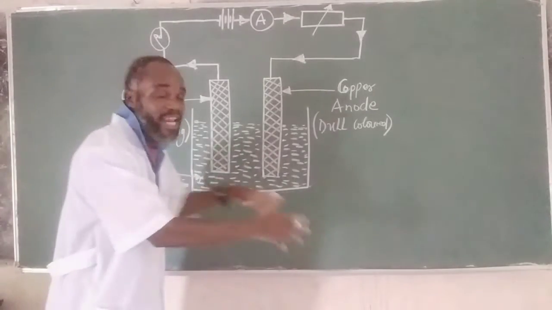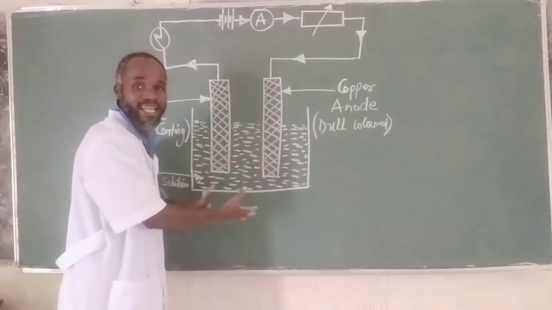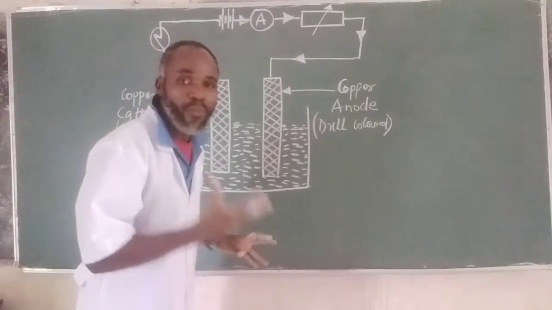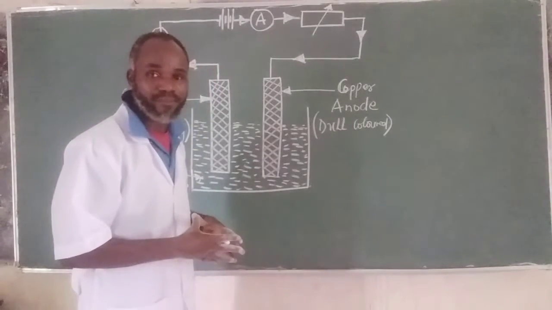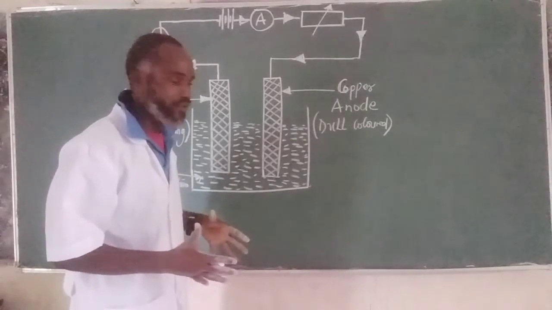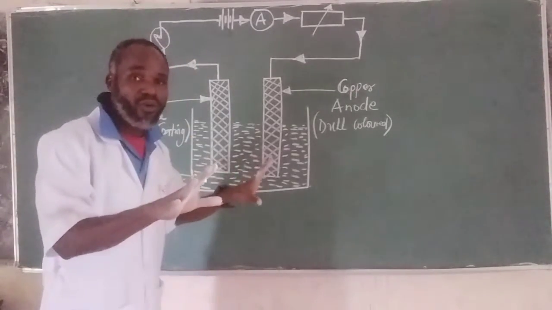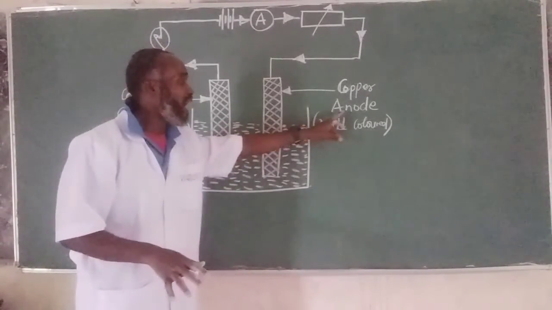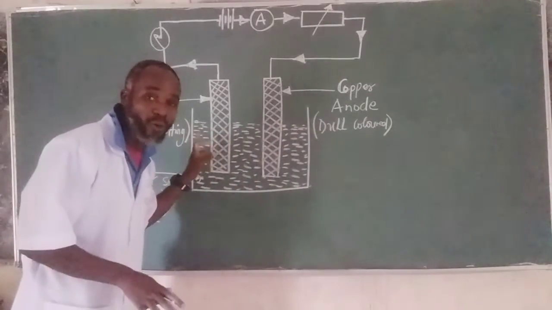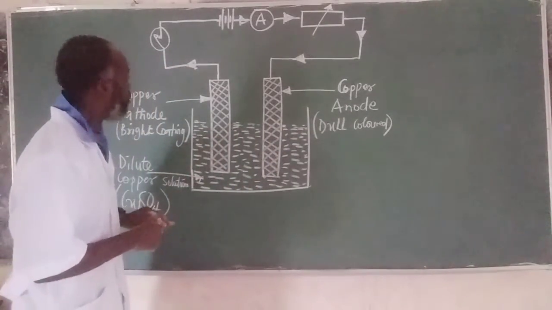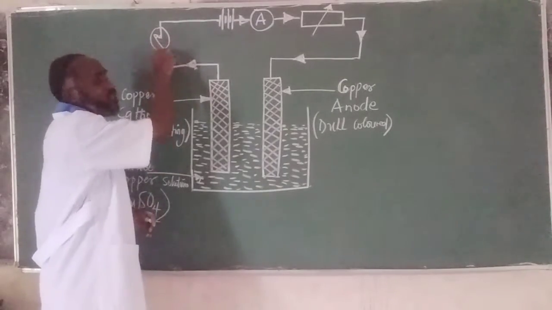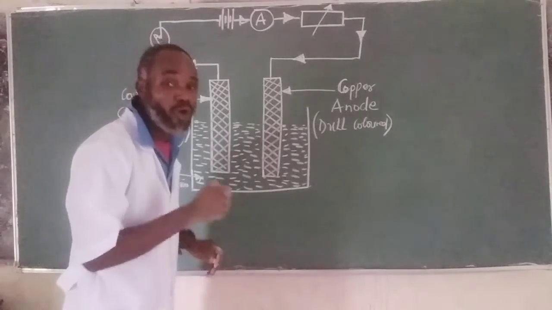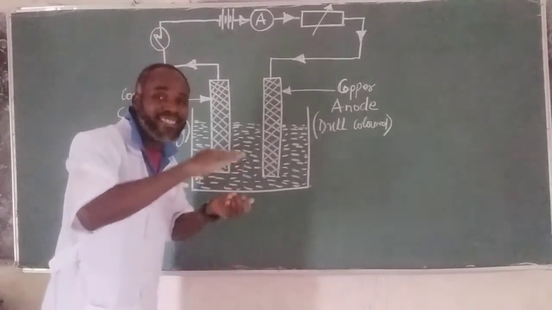Then we connect them back into the voltmeter once again because we want to know what happens during copper sulfate electrolysis. Our concern is that. So we take notes of the masses of the two electrodes. One is anode and the other one is cathode. Take notes. Once the switch is turned on and current begins to flow at a steady rate,